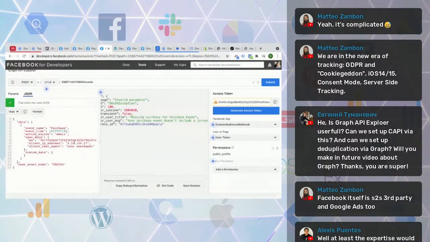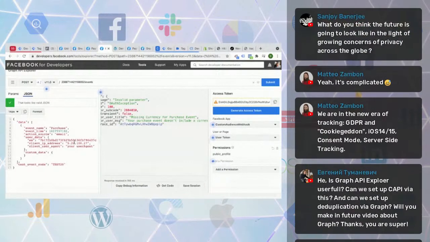But in the end, what you would do in terms of usefulness and making it actually useful to your business is to implement this into a server, into your software, into WordPress, into Shopify, and so on. So the Graph Explorer is simply a tool to explore the API, and it's very useful for developers to play around and see the error messages. So something that works here, you would create something here before you actually then start implementing it into your